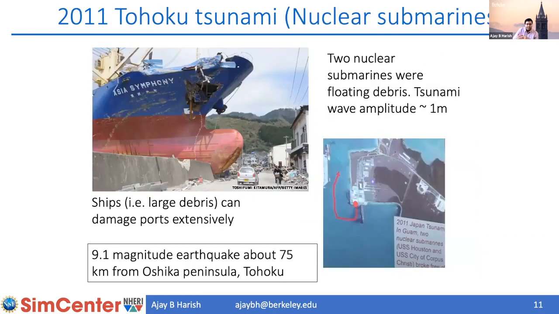The same thing happened in the Tohoku tsunami. I heard from Pat Lynett about a relatively unknown event in, I think, the Guam port in Japan, where nuclear submarines that were parked there literally started to rotate during the tsunami. These can be pretty scary events. We hope they don't happen, but we need to be ready for them, understand them, and take care of them. One of the things that came out of a lot of these studies over the years was that